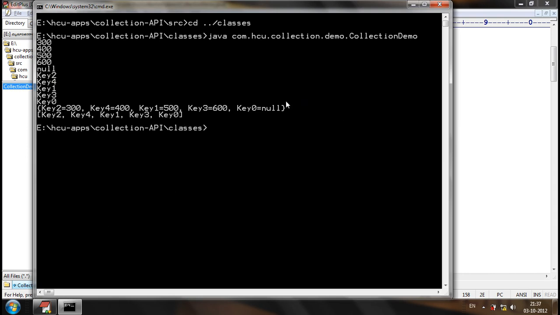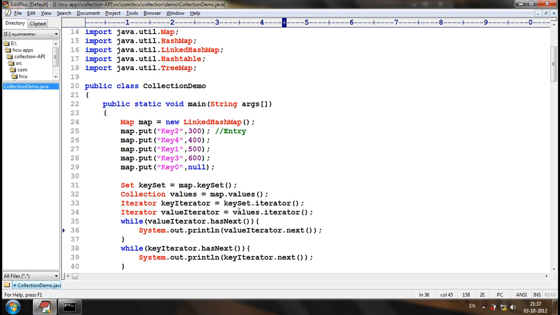Understood? How can we iterate the keys as well as values of a map? The keys can be iterated through the keySet method of a map. The keySet method of a map will return a set. The values method of a map will return a collection. So either a set or a collection can be iterated through an iterator. Now,